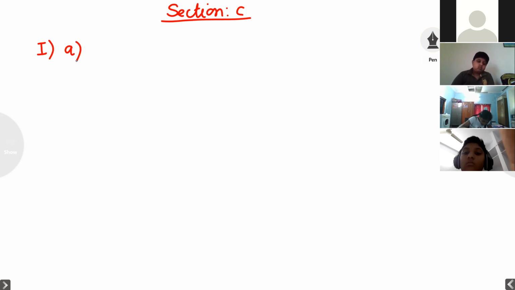Ritu is an insurance agent. She sells 80,000 rupees worth of policies and earns a commission of 12,000 rupees. What would be the commission earned by Ritu if she sells policies worth 55 lakh 60,000? Very clear question. Ritu is an insurance agent. She sells 80,000 rupees worth of policies. It means total value he has given. First term is 12,000. Second term is 80,000. The total money is 55 lakh 60,000.